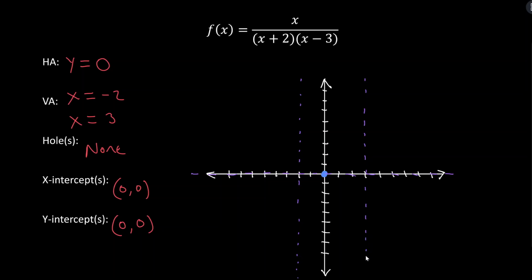And now this is really all the information we can put on our graph based on these features that we identified from our function here. We have a point that is both the x and y-intercept. We don't have any holes. We have all of our asymptotes plotted. And so from here, really the key to graphing these is having an understanding of what these asymptotes mean for